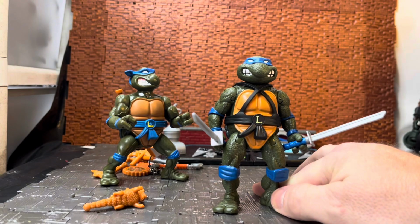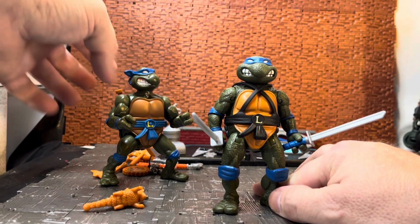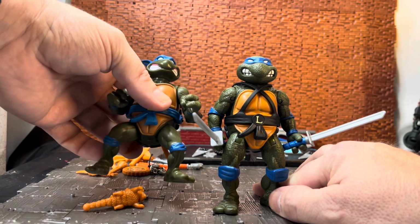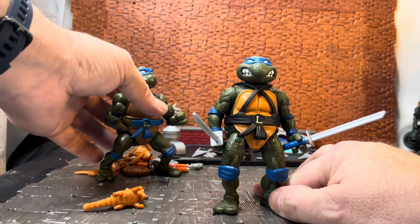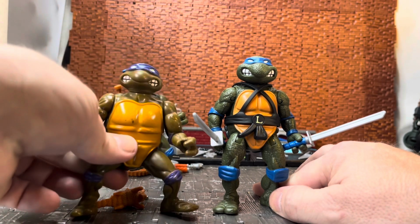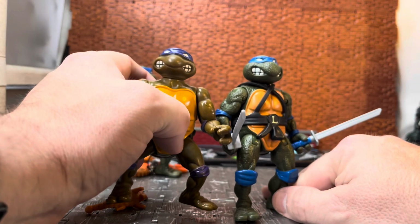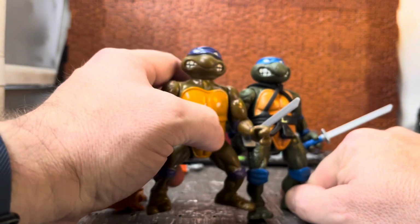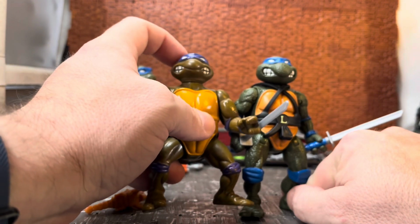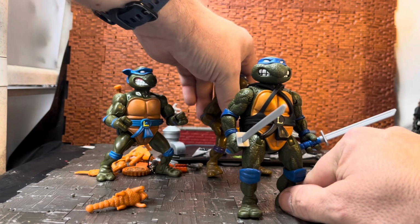that he does have an incorrect head, depending on how you look at it. So I do think they were kind of aiming for the storage shell version of him, because if you see, he has the gritted teeth on both sides. But in the original lineup, and we'll bring Donnie back in because he is the main culprit, you can see Donnie, or Donatello, has the two open gritted teeth. On the original Leo, in fact,